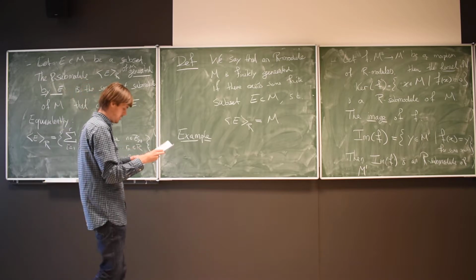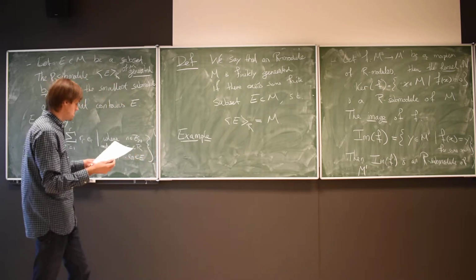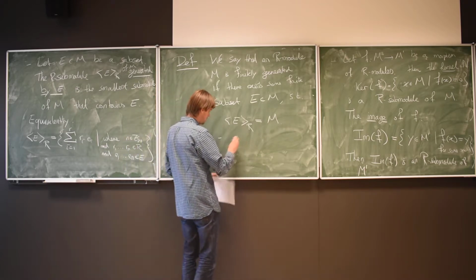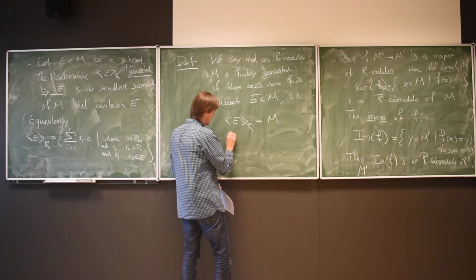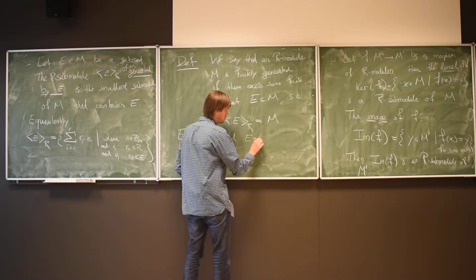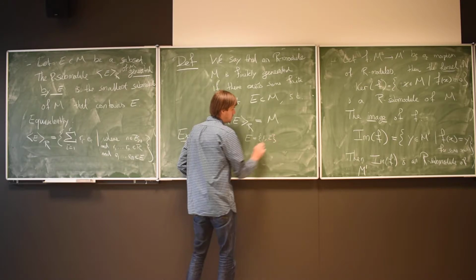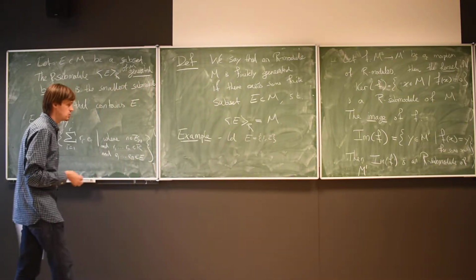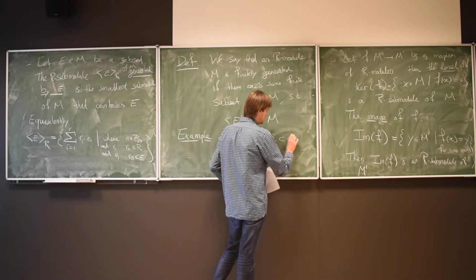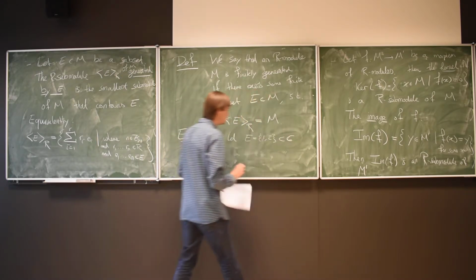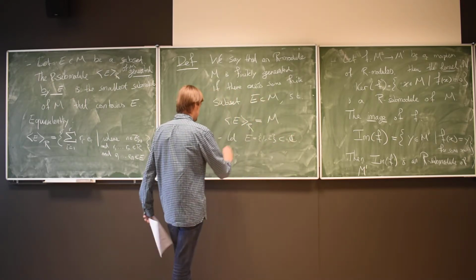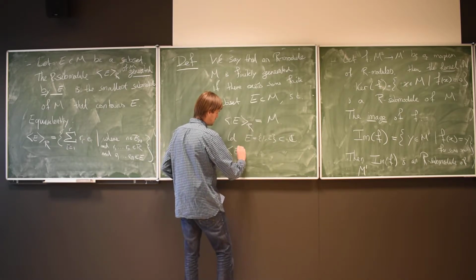I gave already some other examples, of course, of submodules, but one example could be, for instance, let E be equal to {1, i}. So with i I mean just a choice of a square root of -1, so some subset of C, the complex numbers, and then I can take E,